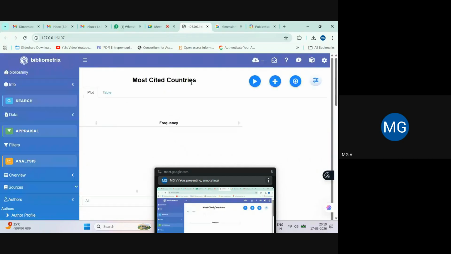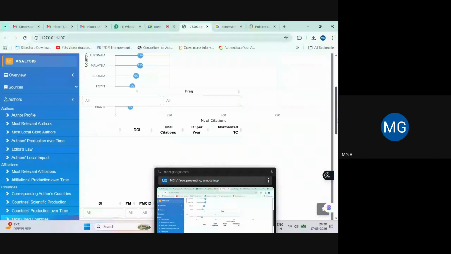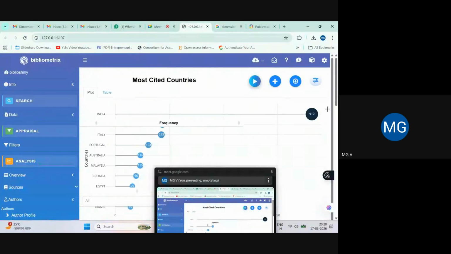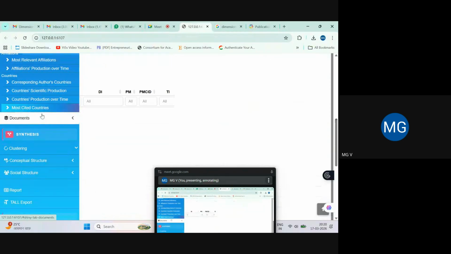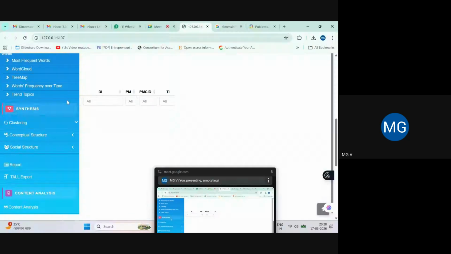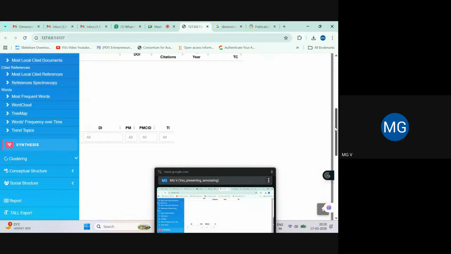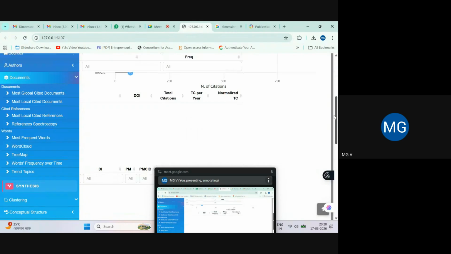Select the option most cited countries, click this button to generate the output. Tabular form, table form. So this is the usage of the software based on your research.